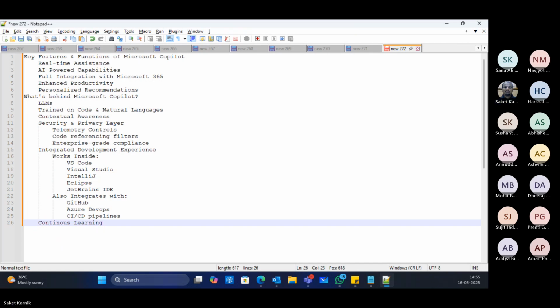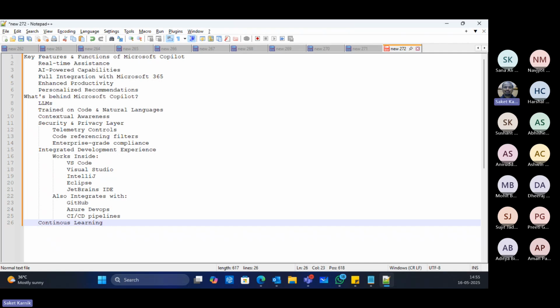But at the same time, on some other machine, if you try to write the same kind of code, it may not suggest anything based on your past code. So that makes your code secure, right? But then how does it learn?